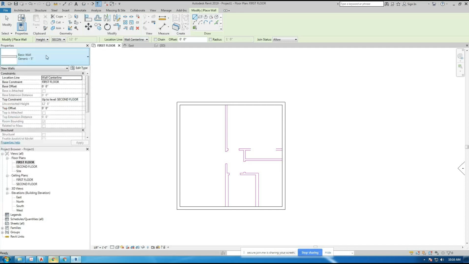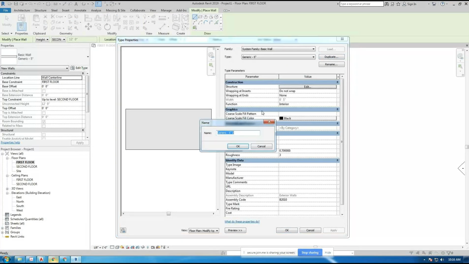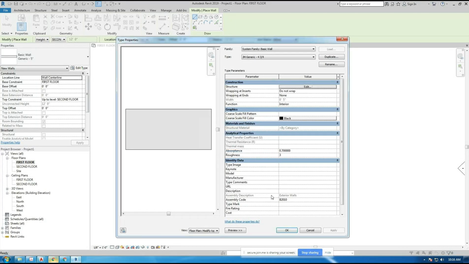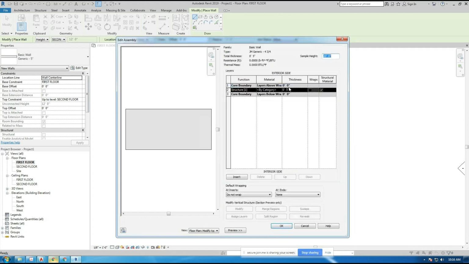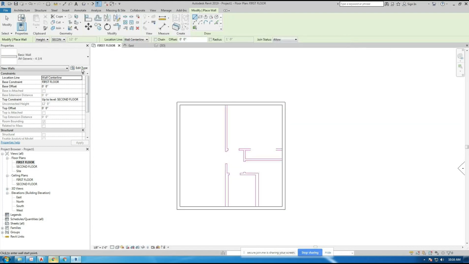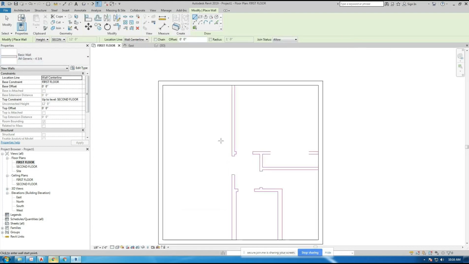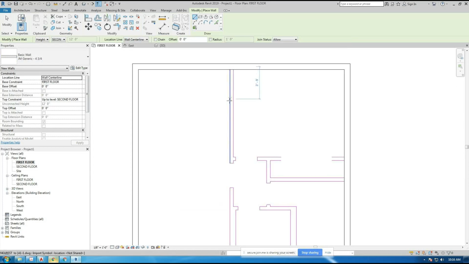So I'm going to make this 8-inch wall a new wall that's 4 3/4. Edit type, duplicate, John's wall, 4 3/4, so I know what the heck it is when I see it again. Hit OK, and here under Edit Structure, make the change right there. That's going to be 4 3/4 inch wall. Hit OK, hit OK. I now have a new wall called 4 3/4, and here I'm going to draw it